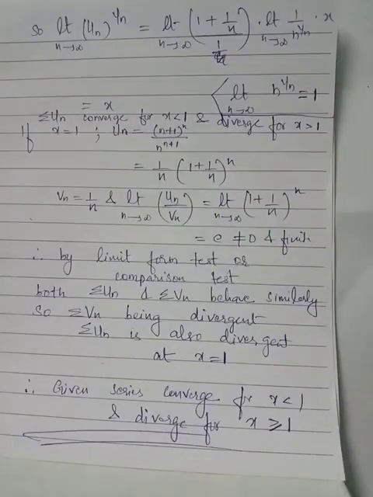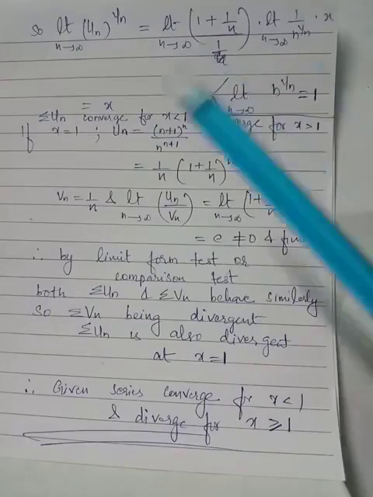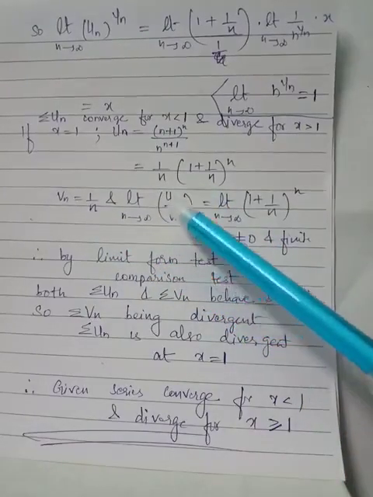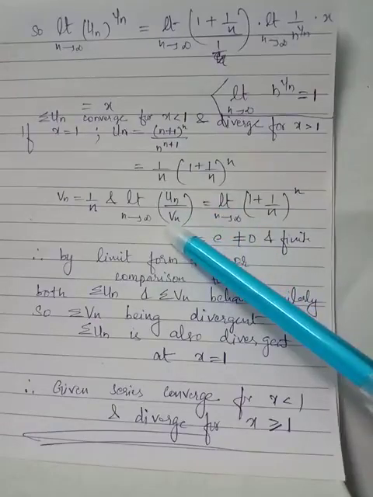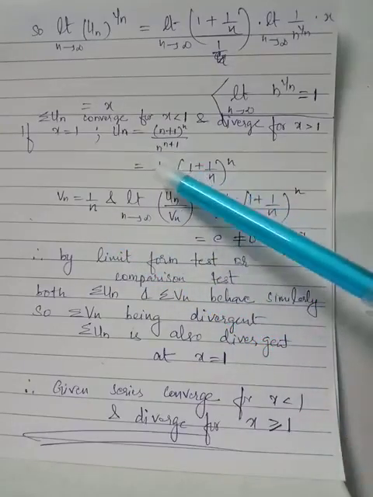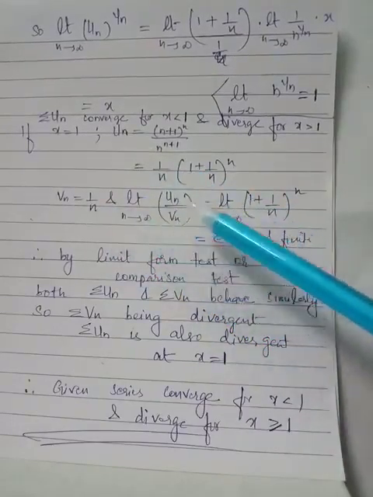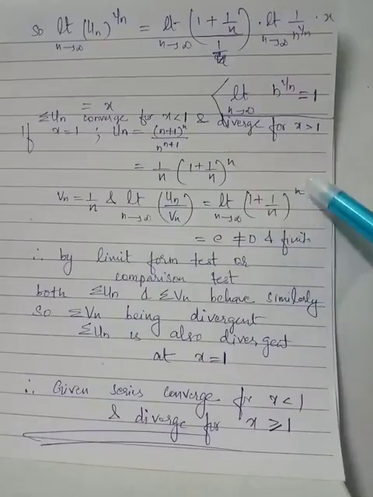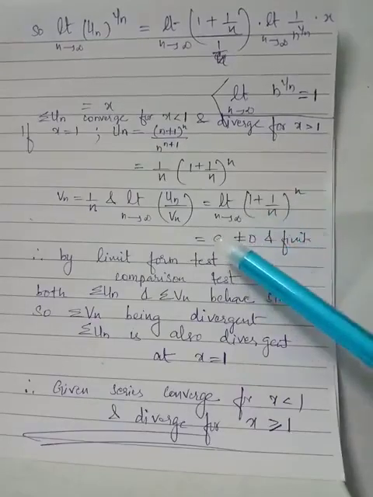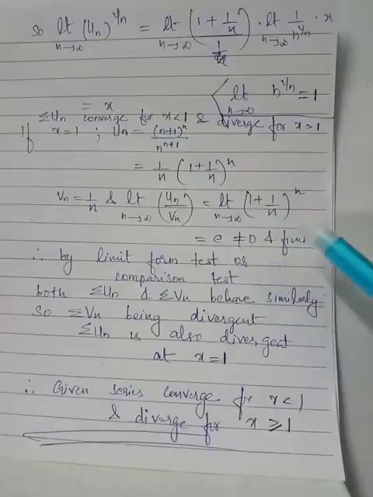Now we will depend on a familiar series summation Vn equals summation 1 by n, which is the harmonic series, and we know that the harmonic series is a divergent series. The harmonic series has general term Vn equals 1 by n. When we apply limit n tends to infinity on the ratio un by Vn, where un is the general nth term of the given series and Vn is the general nth term of the familiar series that we have considered, you observe that 1 by n and 1 by n get cancelled, and this limit is applied to the term (1 plus 1 by n) the whole raised to n. The standard answer for limit n tends to infinity (1 plus 1 by n) the whole raised to n is e, and e is always non-zero and it's a finite quantity.